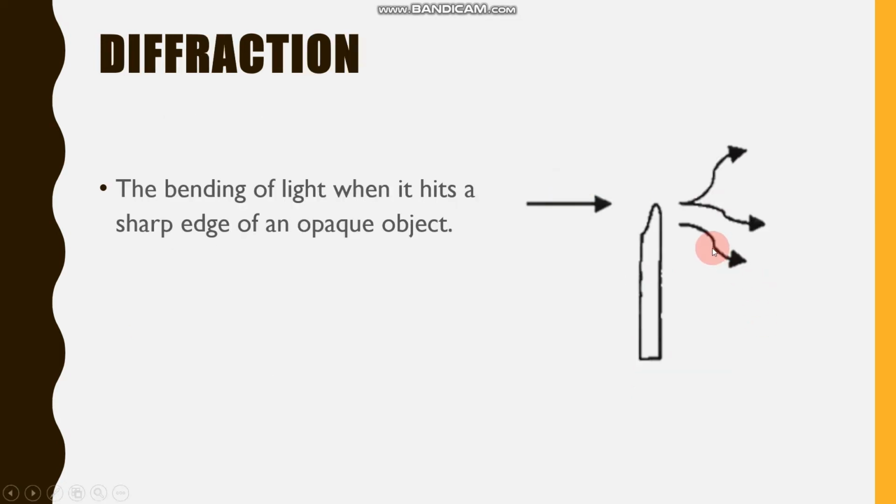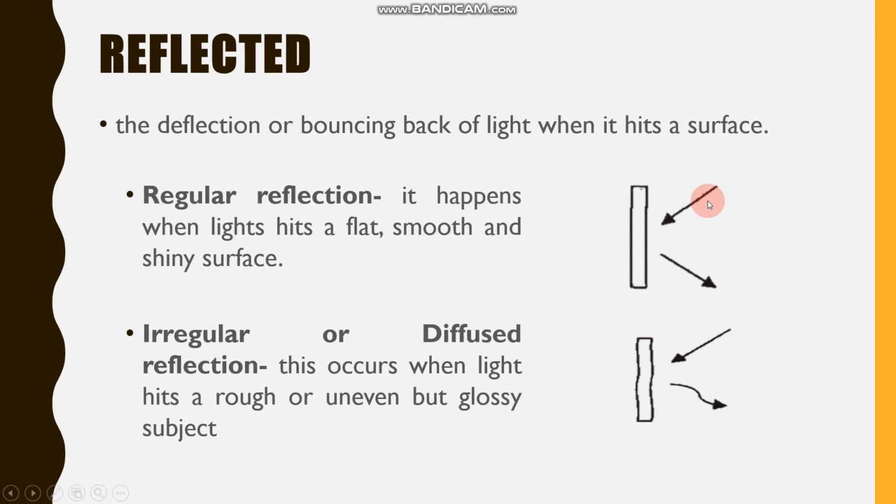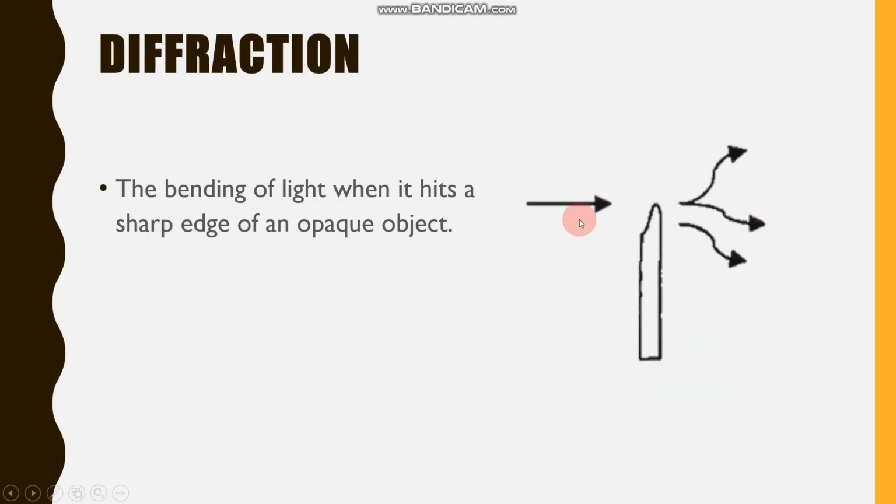Next is the diffraction. It is the bending of light when it hits a sharp edge of an opaque object. So, kung ikukumpara natin sa kanina, nagba-bounce back. Bumabalik daw yung rays na nanggaling kay source, wherein si incident rays, di ba, nag-reflect lang as reflected rays. So, dito naman sa pangalawa, nagbe-bend yung light or nag-i-spread lang yung light niya dahil lang natamaan niyang surface is